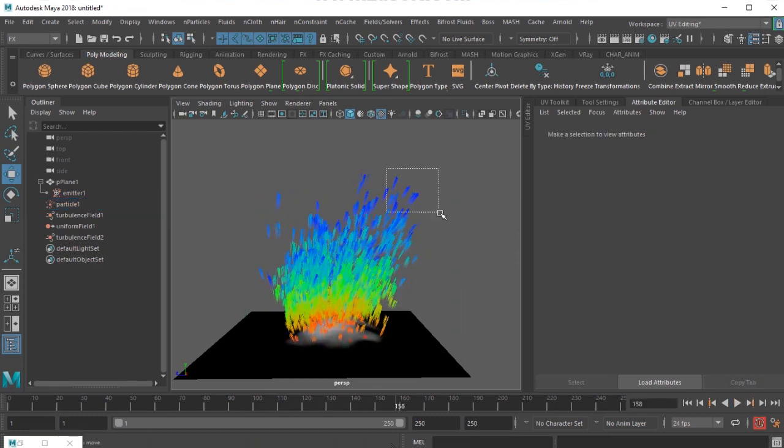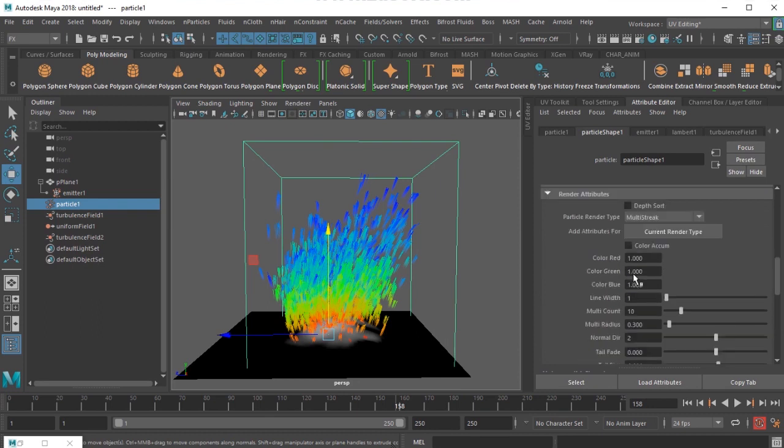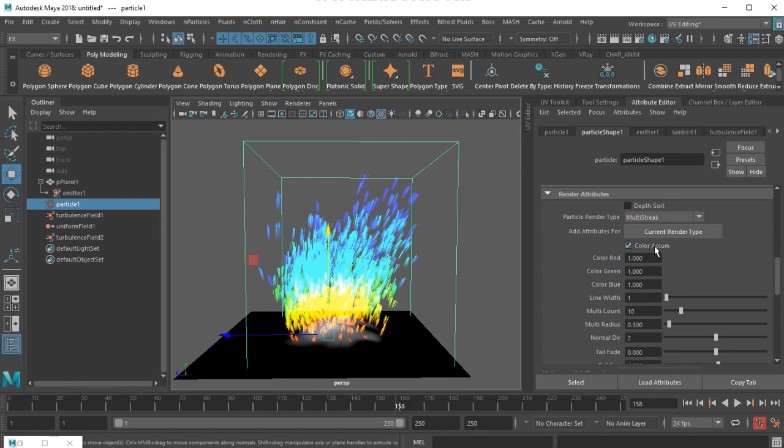I can select the particle, and here we have this option called color accumulation. When we add, the colors will be added. Where the particles are lighter, it's got the blue, but when it is added with another particle, you are seeing a change of color. So you can use this, it's optional, but it's okay.